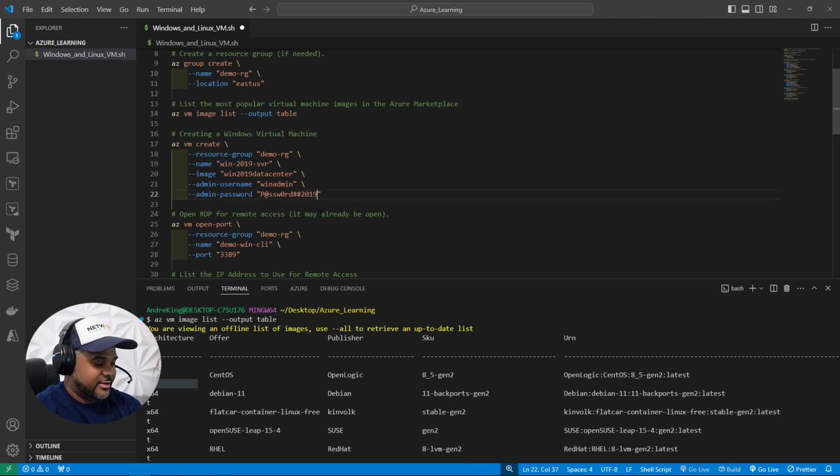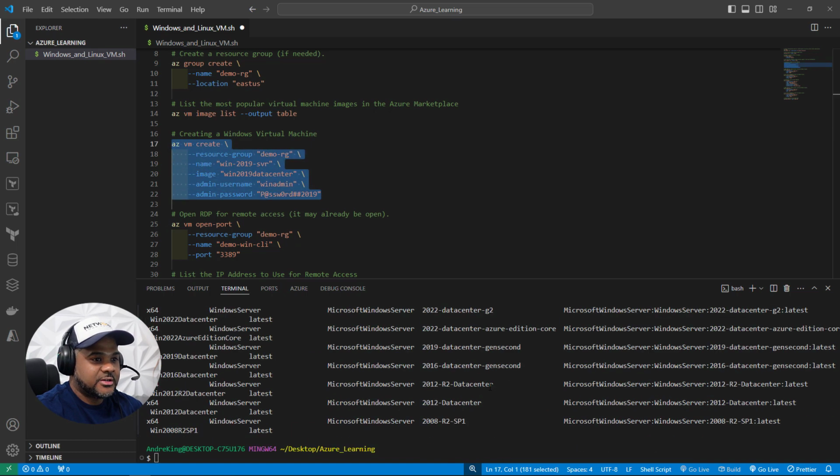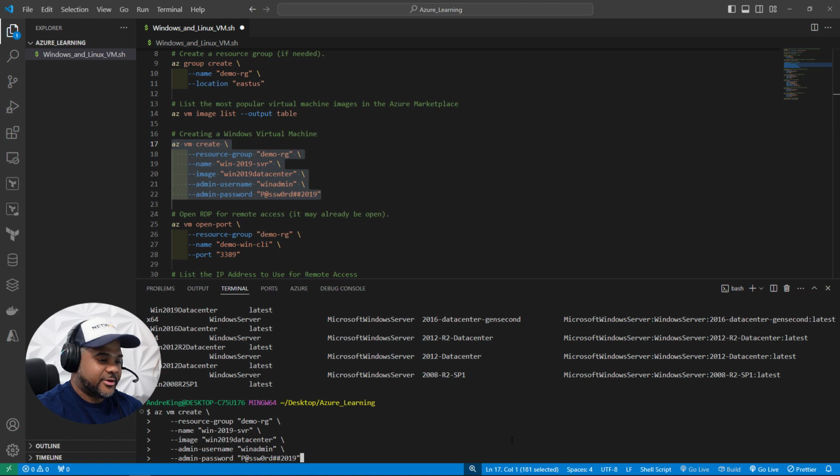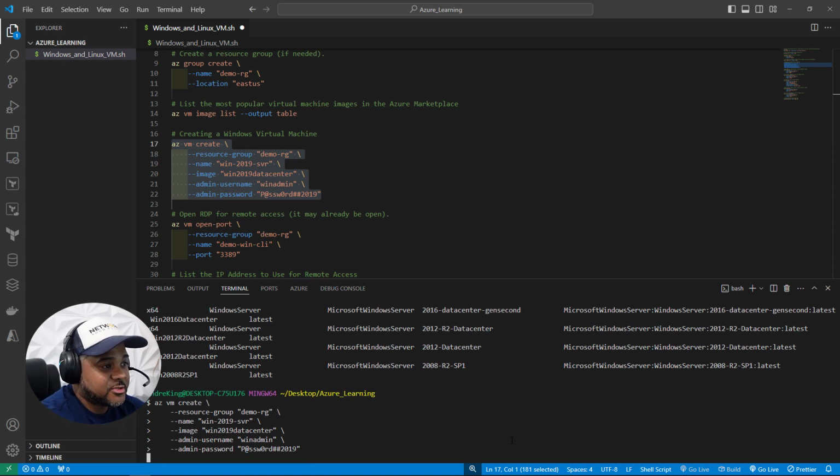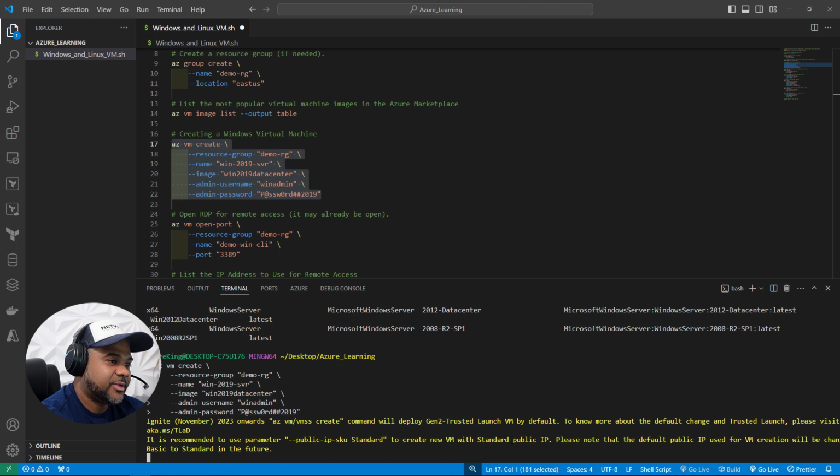Let me get rid of that asterisk there. And let's go ahead and copy this, and let's paste this in as well. Let's see, did I copy? Control C again. There we go. Apologies there. And then this one's going to take a bit, not 5 or 10 minutes, but it might take 2 minutes or so, maybe a minute and a half. But we see that it's starting and running.